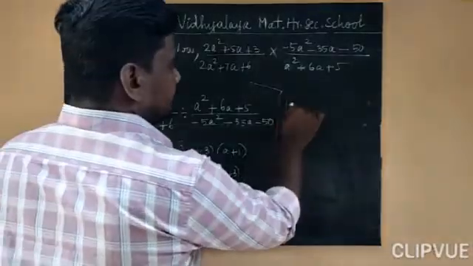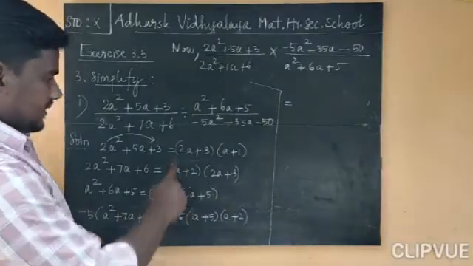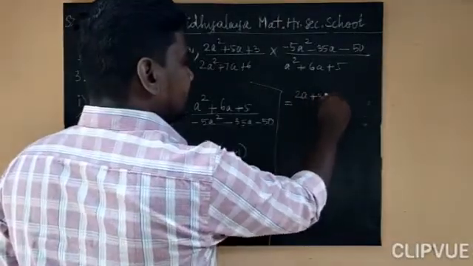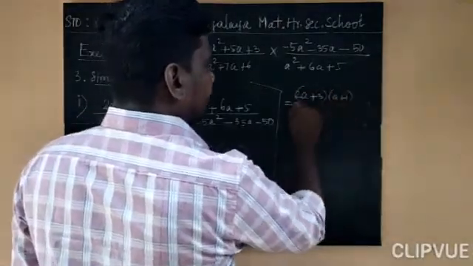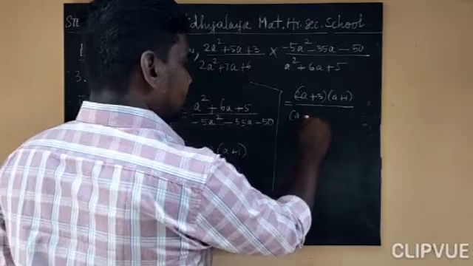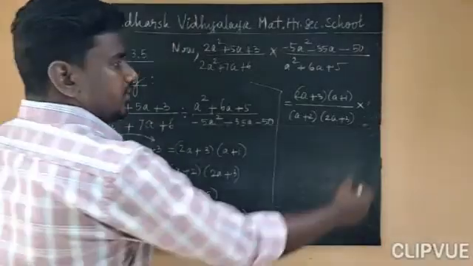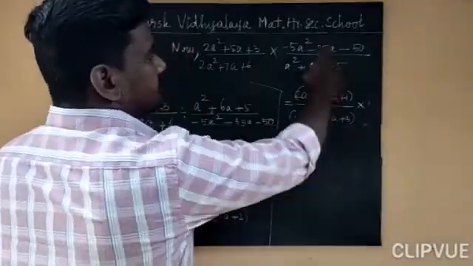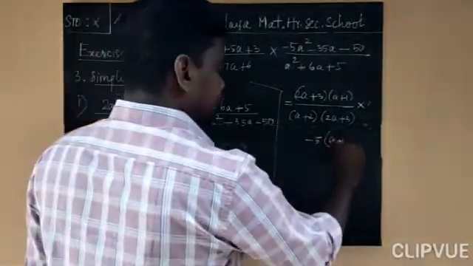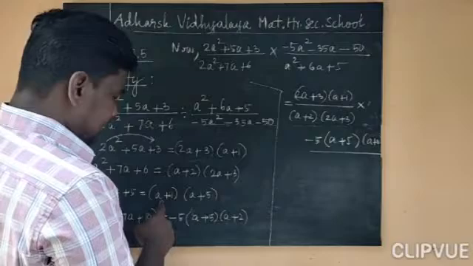So now I am going to assign the factors. First, 2a square plus 5a plus 3 is equal to 2a plus 3 into a plus 1, divided by 2a square plus 7a plus 6, which is equal to a plus 2 into 2a plus 3. I am going to write the following rational expression here. So this one is equal to minus 5 into a plus 5 into a plus 2, divided by the expansion, a plus 1